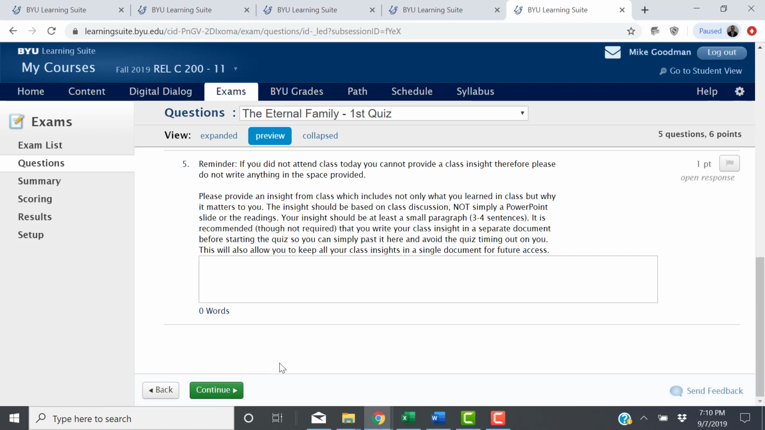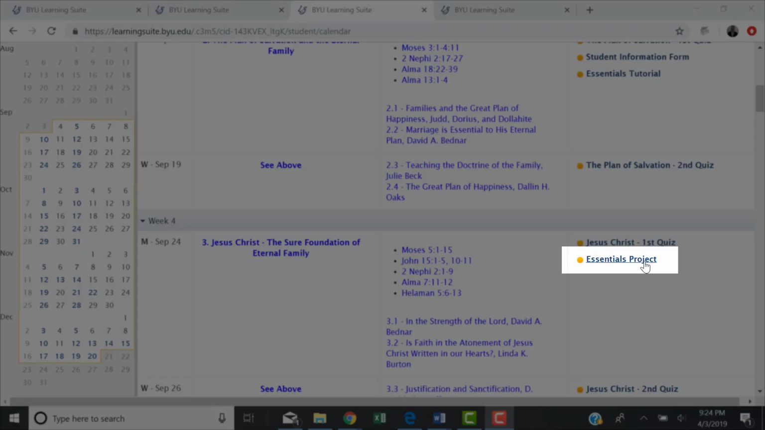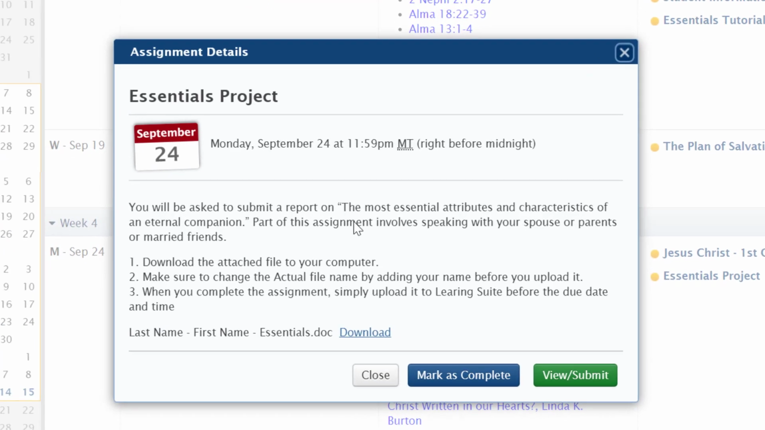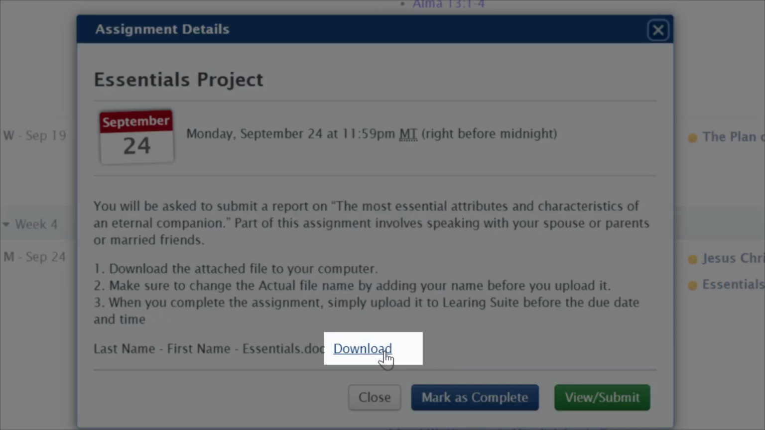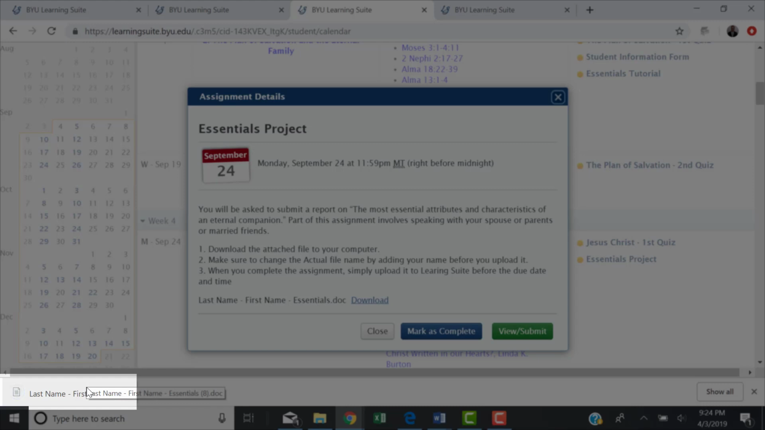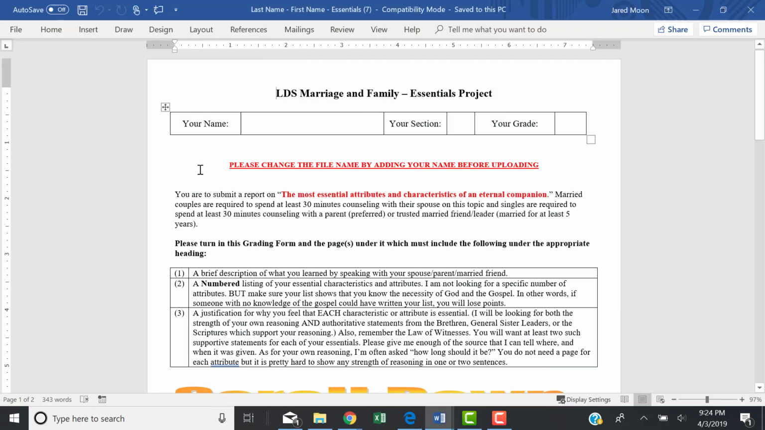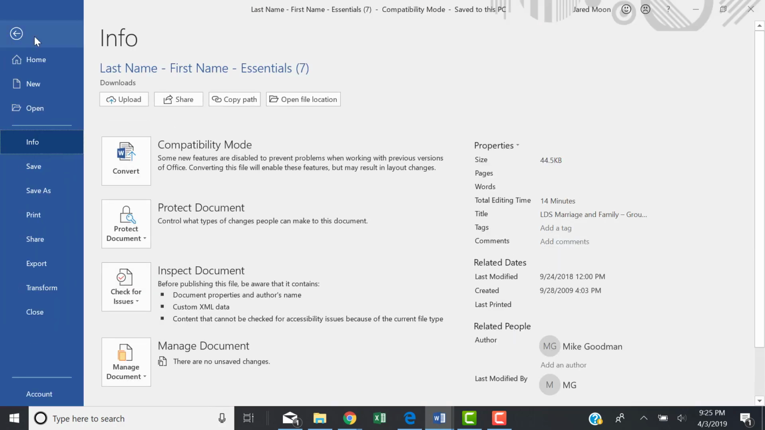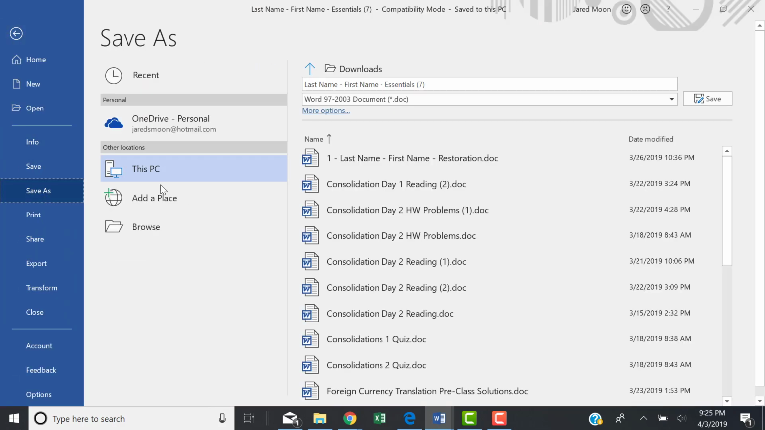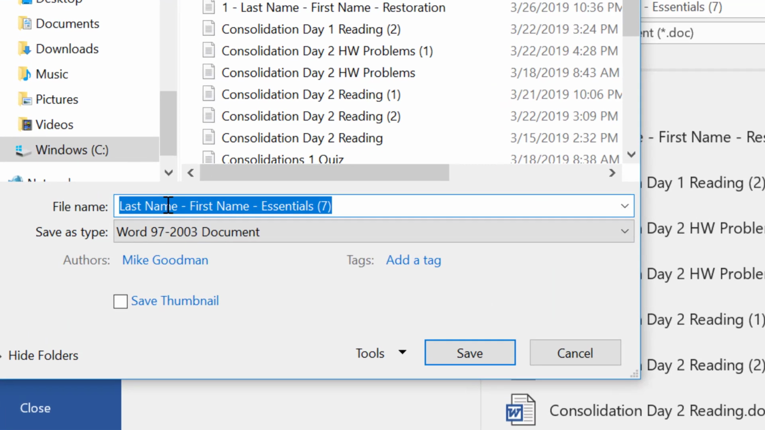Now, the last thing that we will do is talk about uploadable assignments. So when it comes to uploadable assignments, you will click the actual assignment, and it will bring up something like this. You'll click the download, and it will bring up a document. And when you open the document, I'm going to bring it up over here because I already have it downloaded. It will show you the document itself, and what you'll want to do before doing anything else is go to Save As. You can choose where you want to save it, and it has a generic last name, first name,